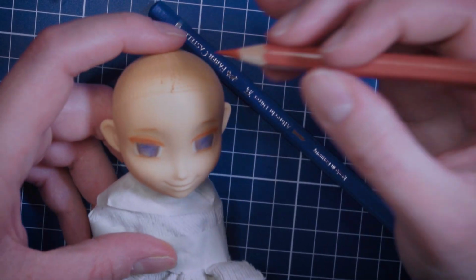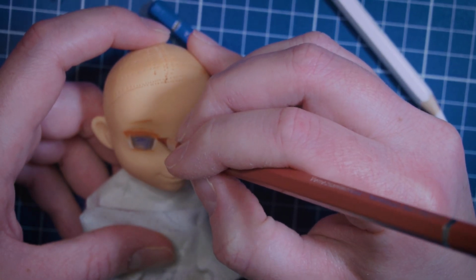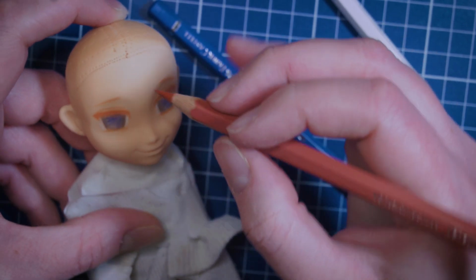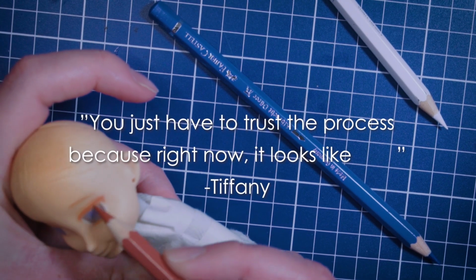I kind of like how some people do manga dolls where the corners of the eyelashes fade into brown, and that's kind of what I'm trying to do here. You just have to trust the process, because right now it looks like